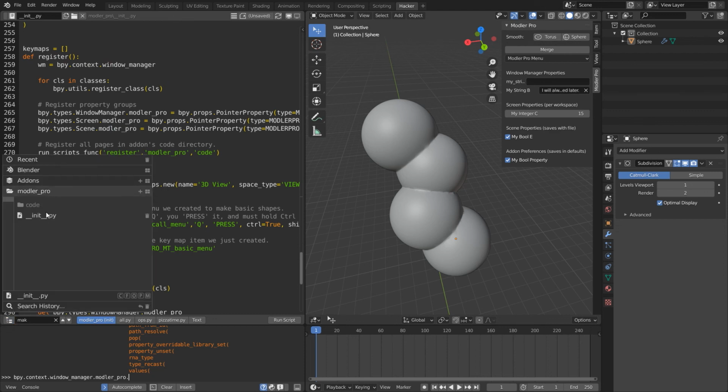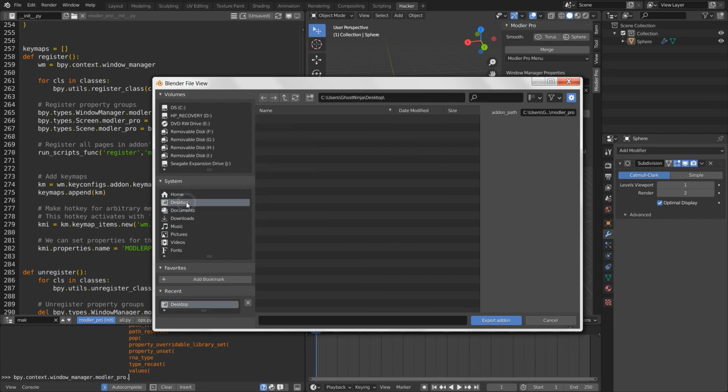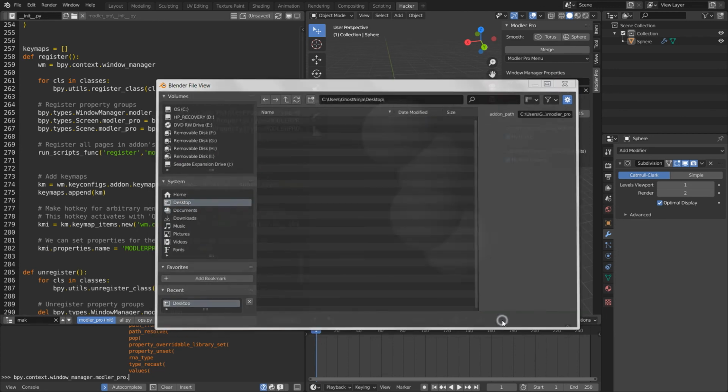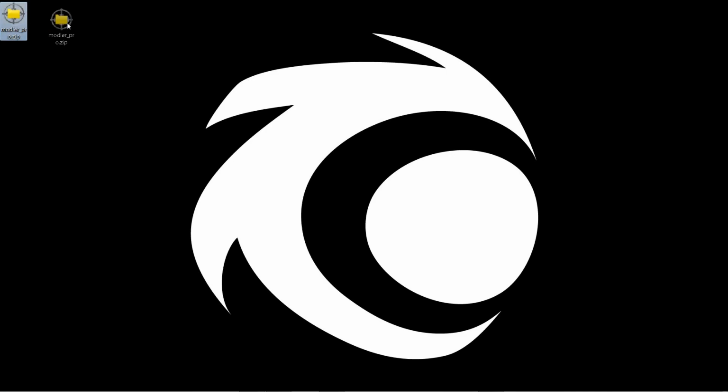If you are in Hacker and you want to export your add-on, which of course in Hacker you can create, edit, and export an add-on without ever opening a single file browser, except for when you click this button to export the add-on, you'll have to choose a location where you want it to export to. You don't have to name it or anything like that. Just press the button. And when we head over to the desktop, there it is, ready to go, ready for someone else to